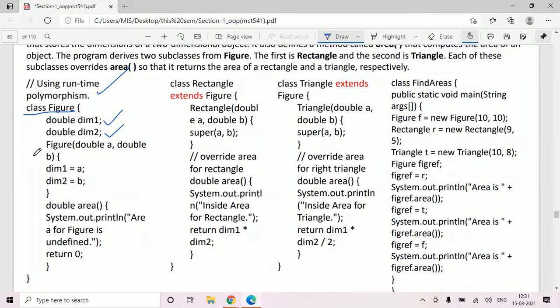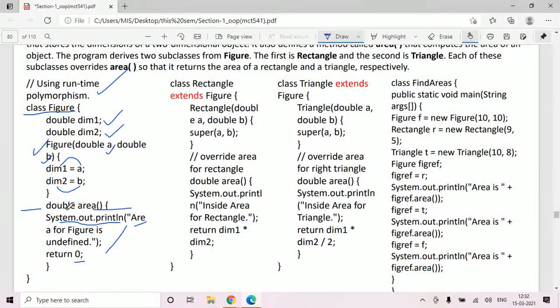Here you have a figure constructor, which accepts 2 arguments from a user and assigns the variables accordingly. Here we have an area function and system.out.println, area for figure is undefined, this message is there, and return 0.